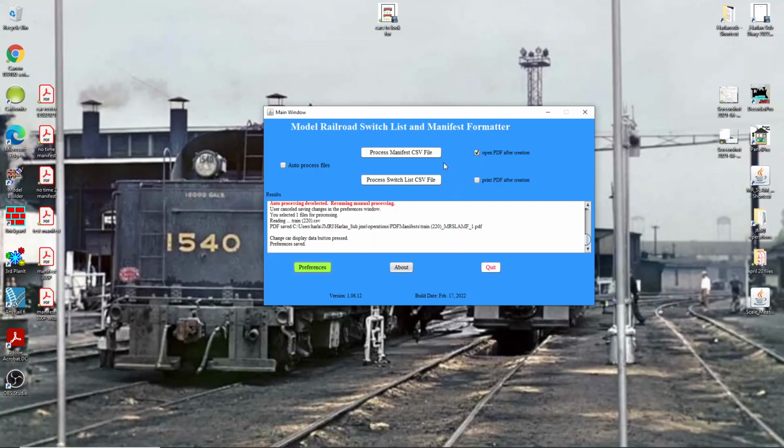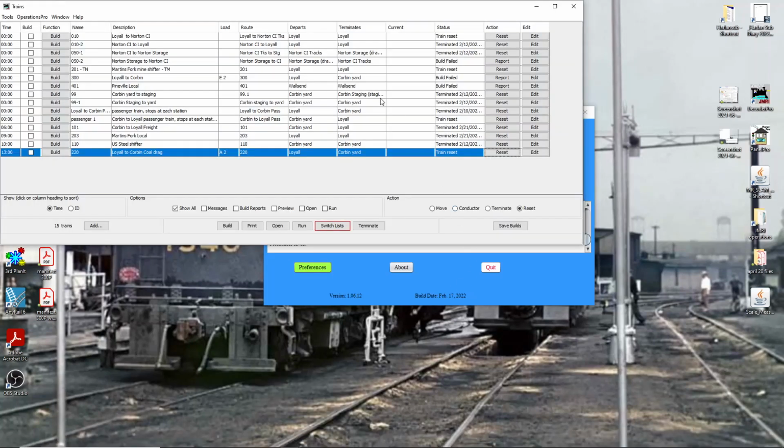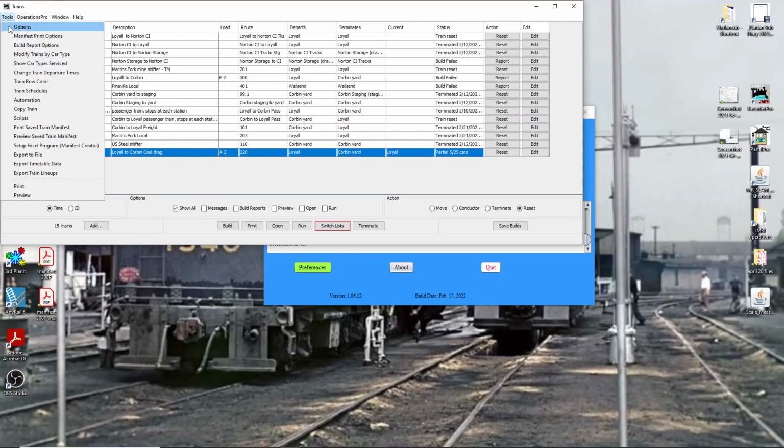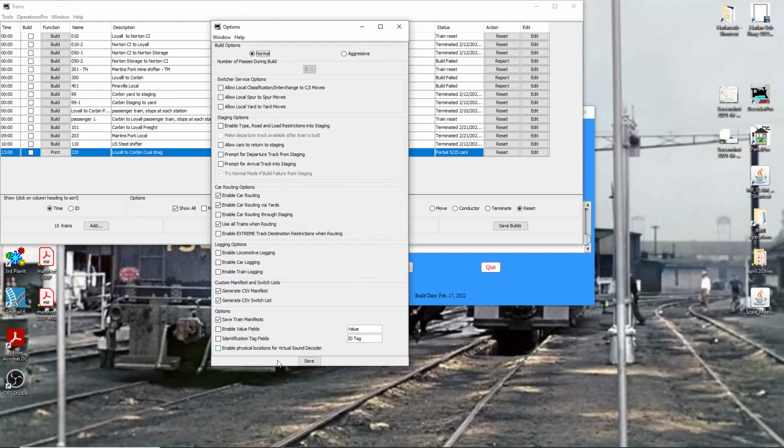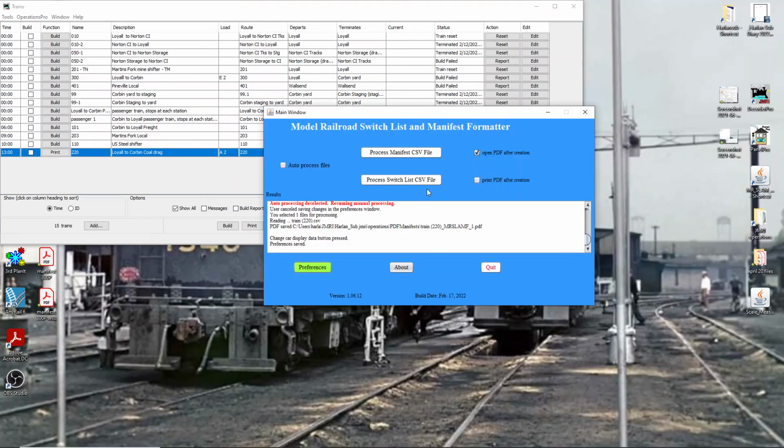the manual mode. So in manual mode, you would go into your JMRI screen and build a train. In this case, we're building train 220. So we hit the build. And when you do this and you have your options in JMRI set up here to generate the CSV for the manifests, then once you build a train, the CSV is built. So then you would come over to